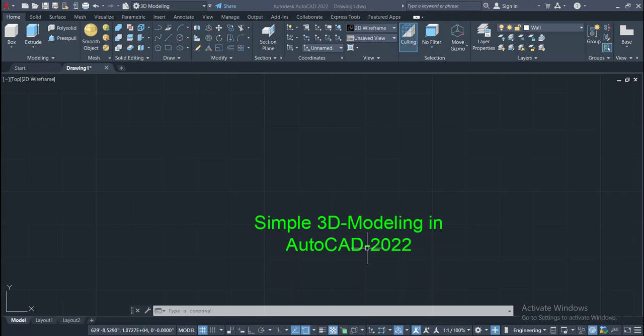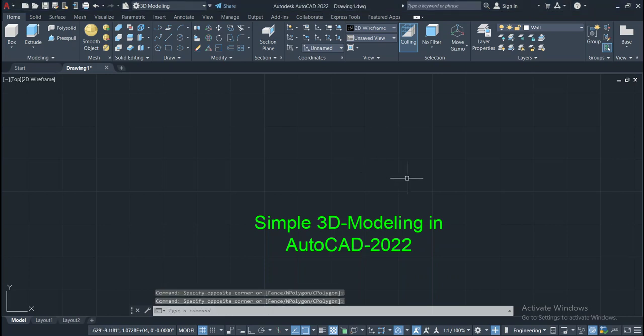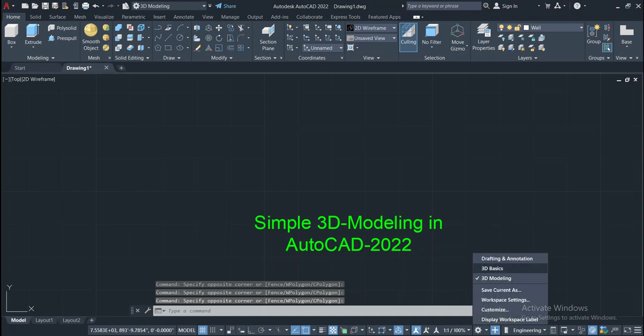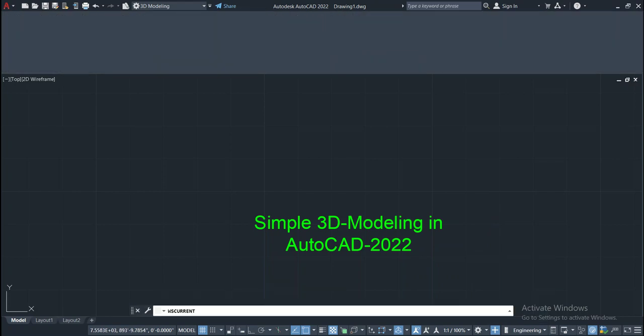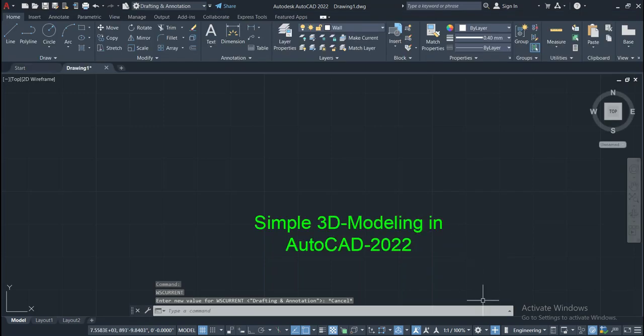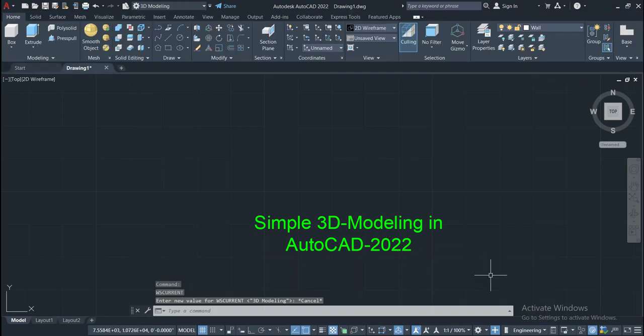In order to start how to draw a 3D model in AutoCAD, you can simply change the workspace of AutoCAD from this drafting and annotation to the 3D modeling. When you open the 3D modeling workspace of AutoCAD, you can see here the